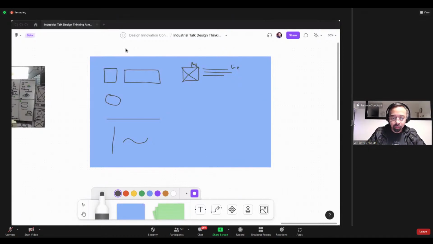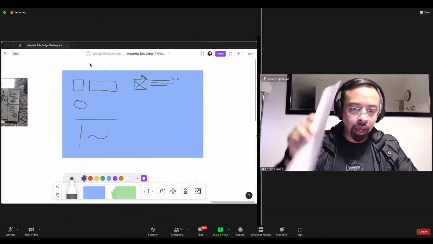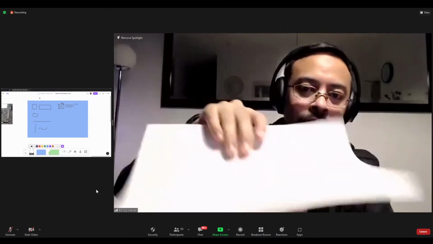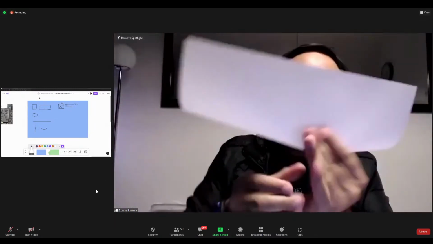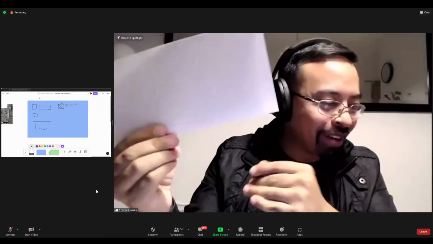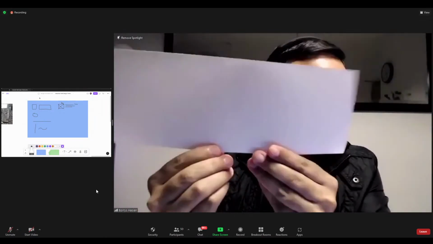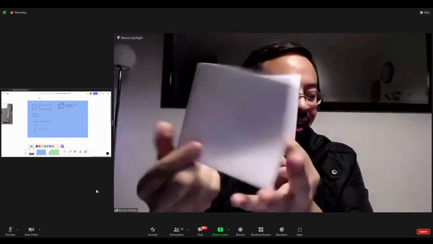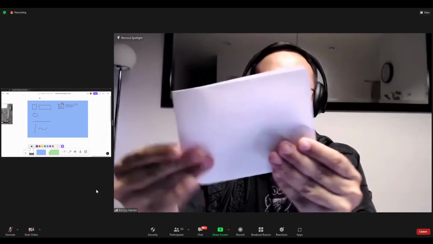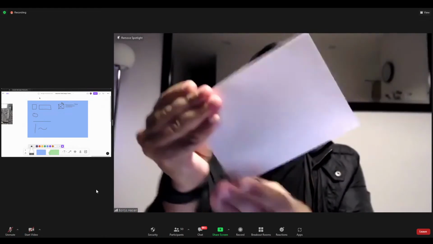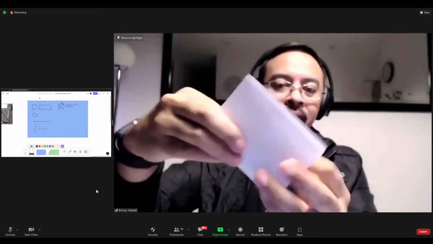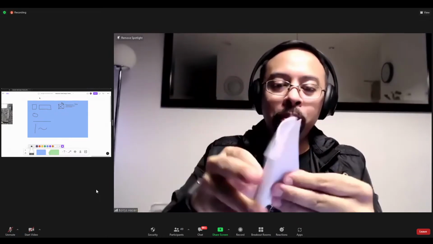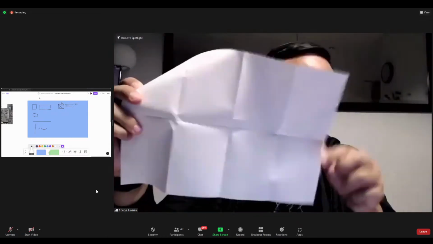Before we start, grab the A4 paper and fold it once. I'm not going to teach you some magic. Fold once, then fold twice, and then the last one, fold a third time. When you open the paper, you will have 8 boxes.